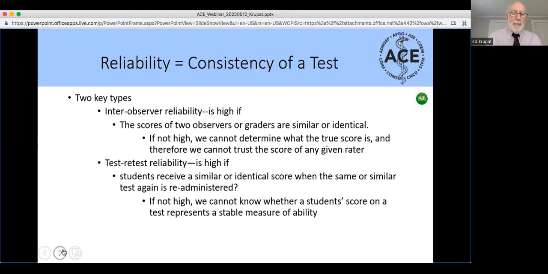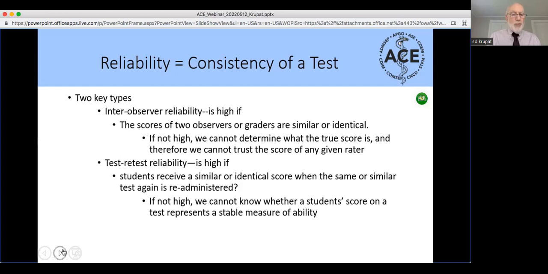Test-retest reliability, we don't often give the same test over again, but I think test-retest reliability can be explained in the following way. I get on the scale in the morning and I look down and it says I weigh 165. And I say, oh, gained a couple of pounds. And I get off it for a moment and I get back on it, and it says 165. Now, why did I do that? I wanted to see if it's a reliable scale. Imagine that I got off it and it said 197.